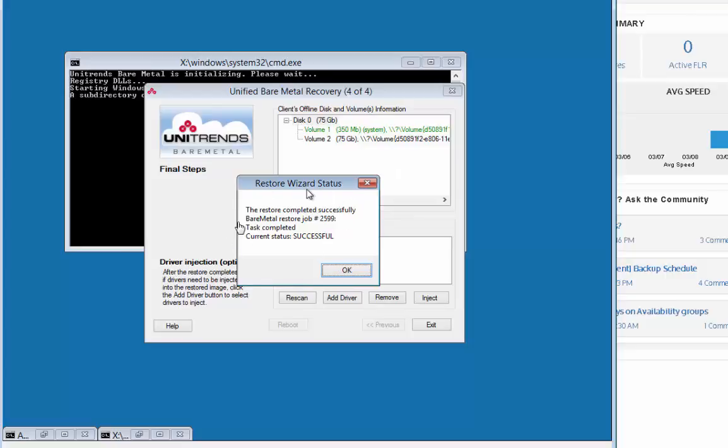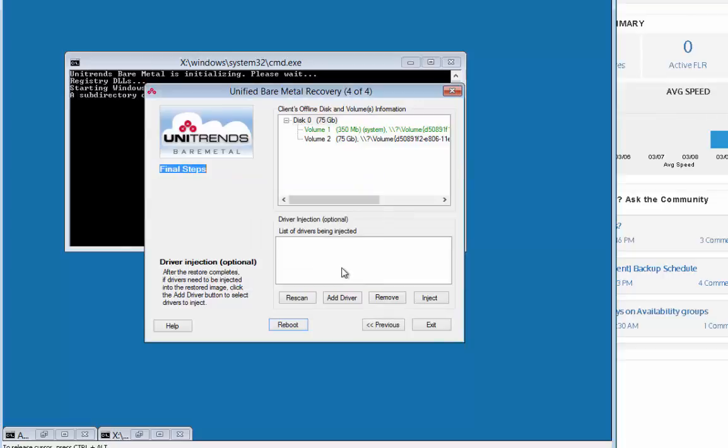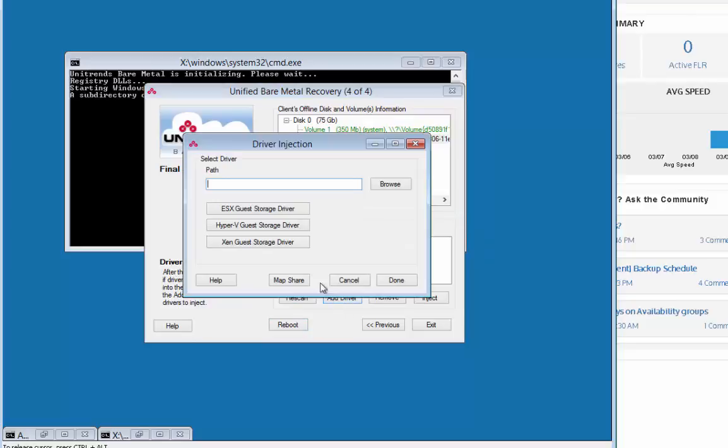You can see that this bare metal restore was successful. Now, before I reboot this, if this were going to dissimilar hardware, I could inject that dissimilar new driver. Up at the top, you'll highlight your Windows volume, and down in the bottom part, you'll add the driver first. So if you're going to VMware, Hyper-V, or Xen server, or if you have additional drivers for any other third-party